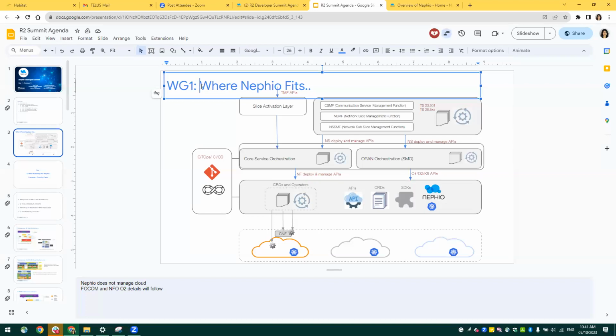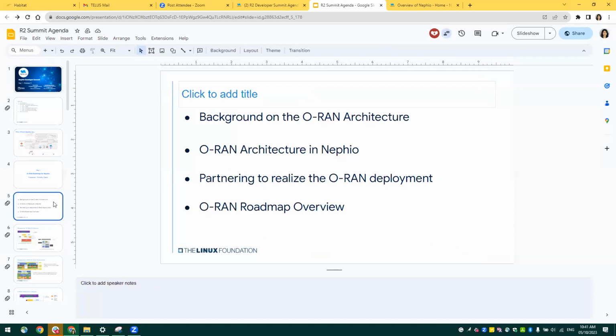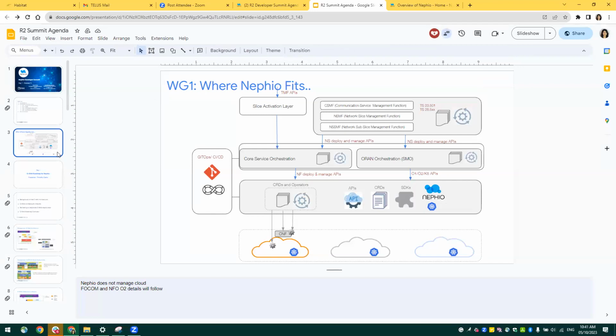I have one question for Alexis. Alexis, you're working on ORAN. Do you know to go back to the previous diagram? Okay, and one question. Do you see it's okay the connection between SMO to Nephew using O1, O2, those interfaces? O1, O2 interfaces are kind of imperative, and they have a model, they have the operations. So I think Nephew, maybe you can put the northbound interface in Nephew, but